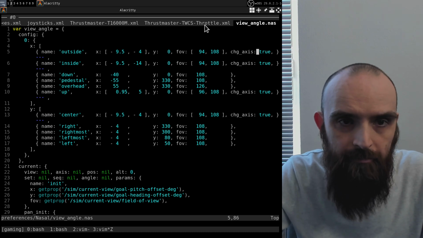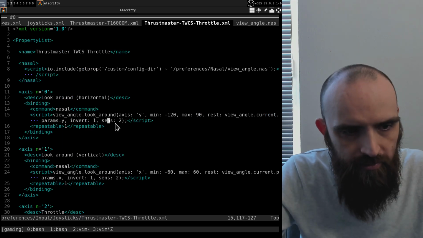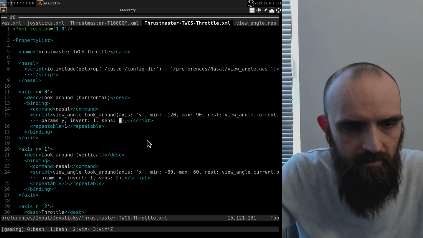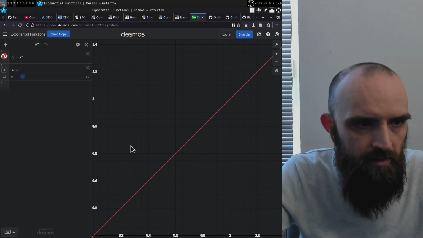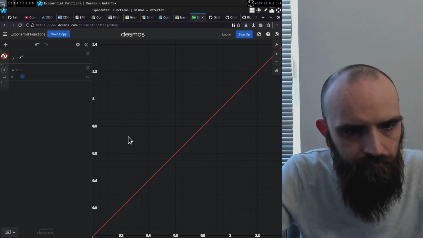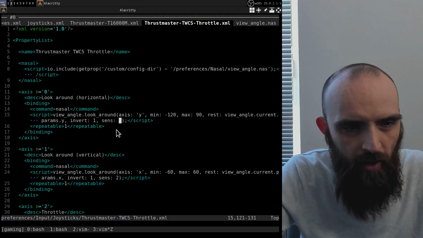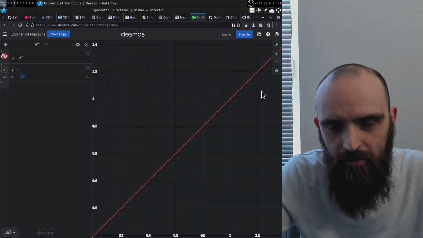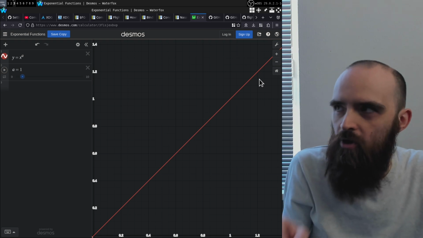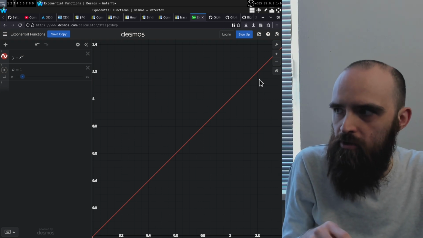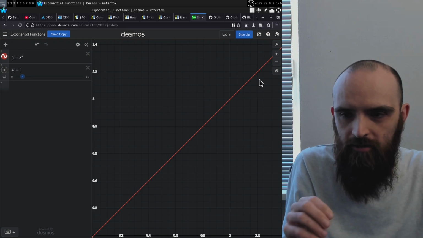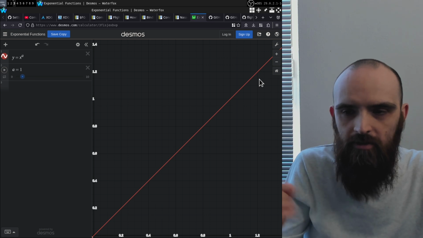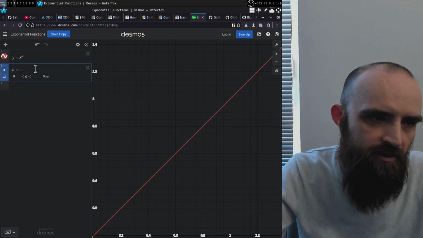So that's that. Then there's also this sensitivity value. Like the name suggests, this adjusts the sensitivity of the joystick. If you set it to 1, I set it to 2, but if you set it to 1, the relationship is going to be linear. The raw value that comes from your controller will be directly converted to a value from 0 to 1, basically, in a linear relationship. But if you set it, for example, to 2,